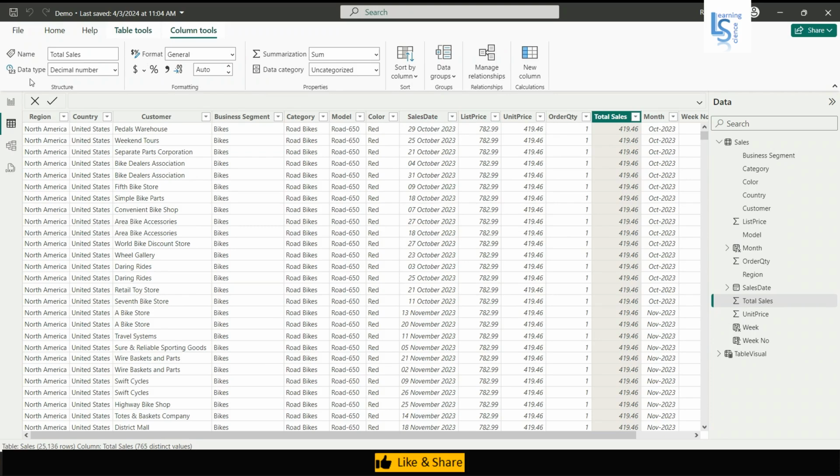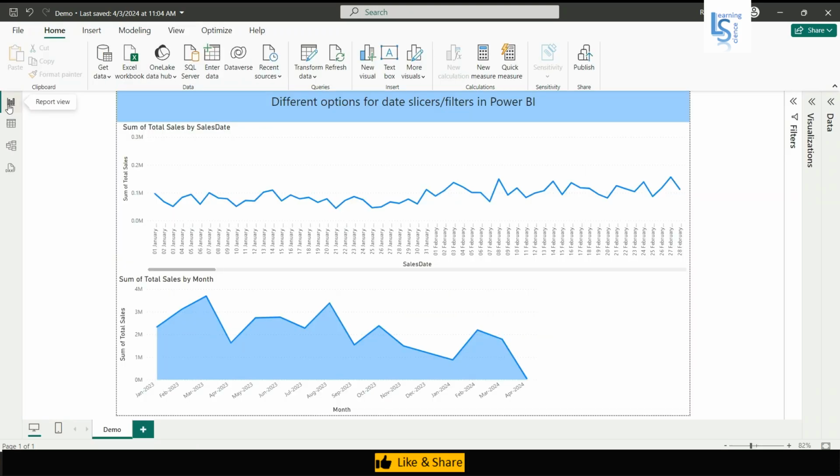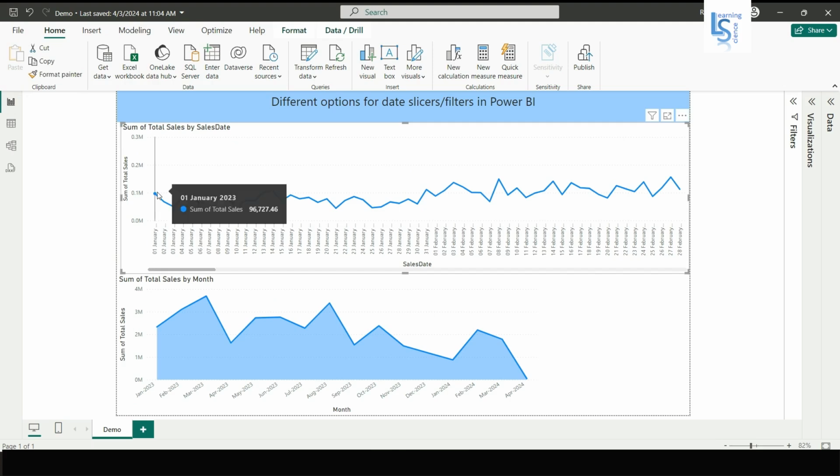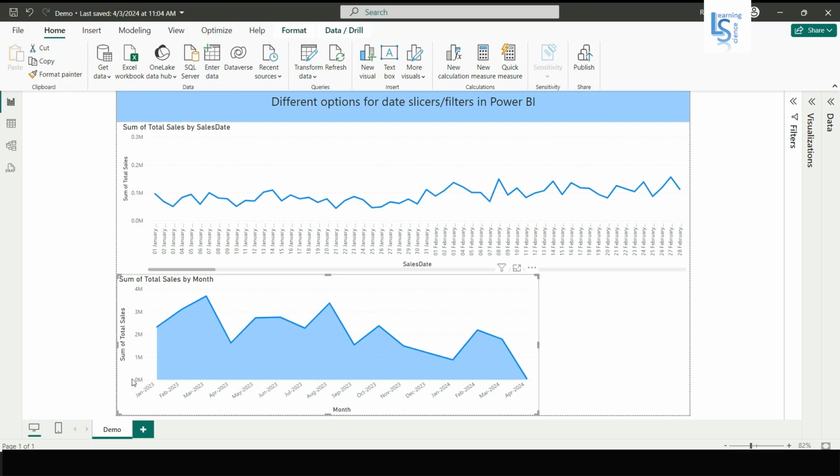Now let me go back to the report page, and on your screen you can see the first visual. Here you can see the day-wise total sales. The visual below, the second visual, shows month-wise total sales. Now what I'm going to do is add a slicer and try different options for the date